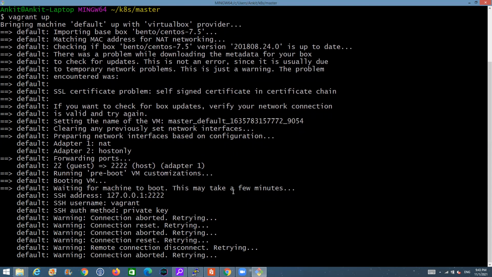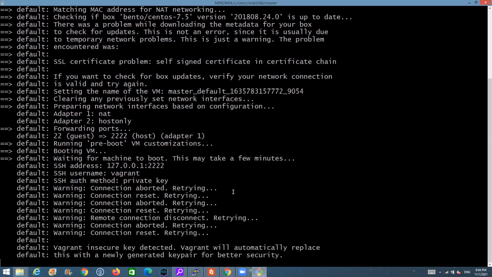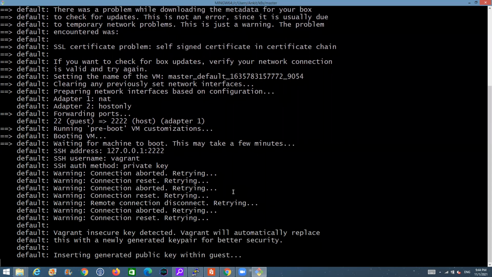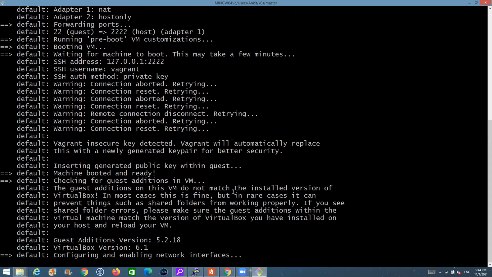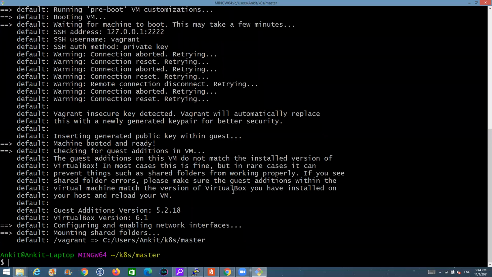Now it automatically creates a vagrant user, and it's going to provide a private key, and this private key basically resides inside the hidden folder inside your folder, and you can use that to connect to your virtual machine. All right, it has updated the key, and then it's performing the checks. The virtual machine has been created. Now sometimes it might fail due to some internal reasons, so don't worry about that. Just run the vagrant destroy command. It will delete the virtual machine which it has created, and run vagrant up again. It will recreate it. Usually recreating the machine solves the issue.